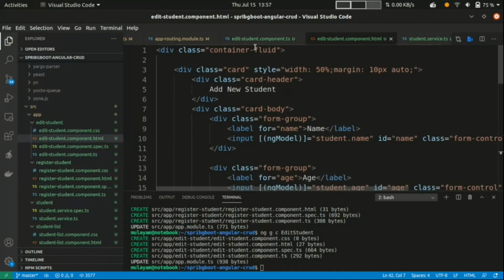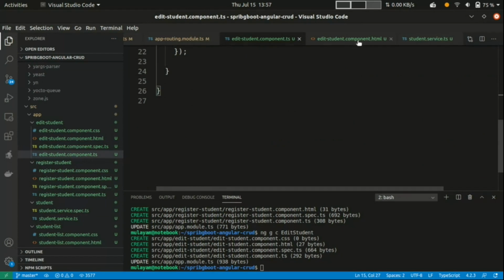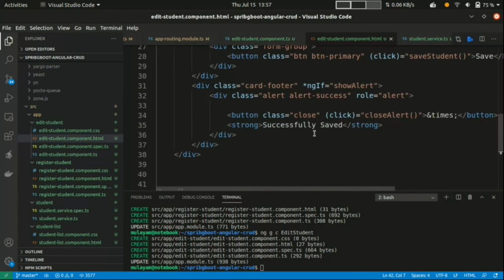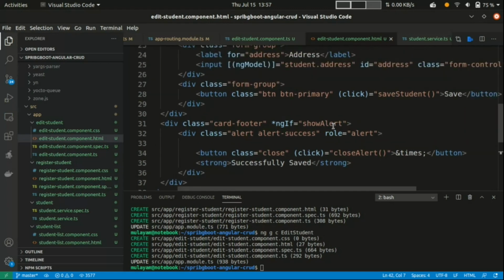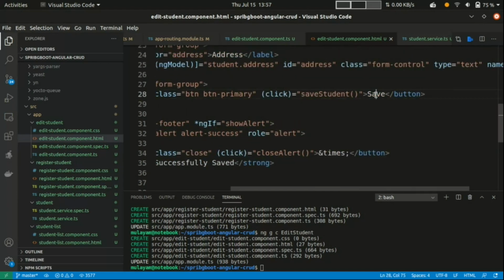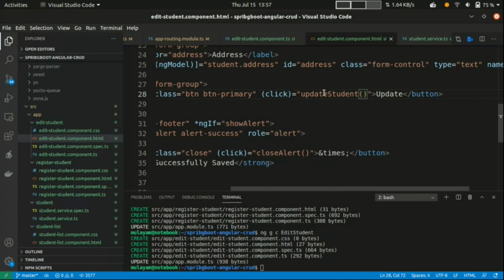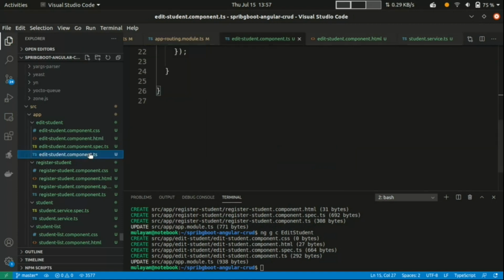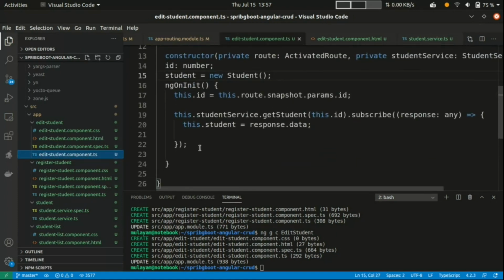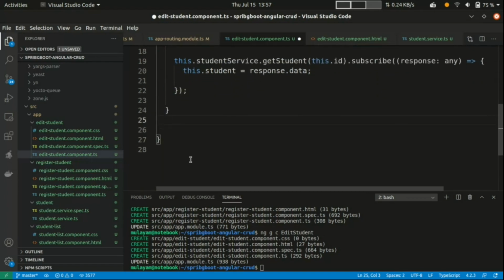If I click, the next thing is I want to update something here, right? So to update, just go to edit student and add an event. When I click on this button, I want to write something like this: update student. So let's create one function here, in the same way we created create student.